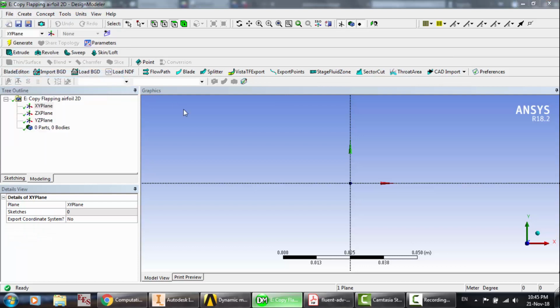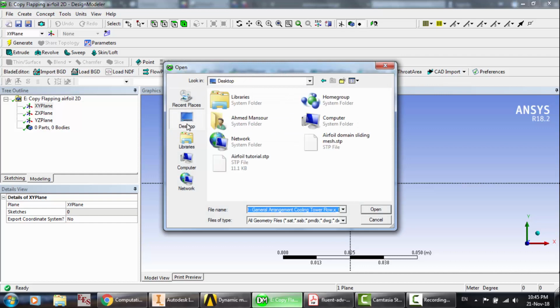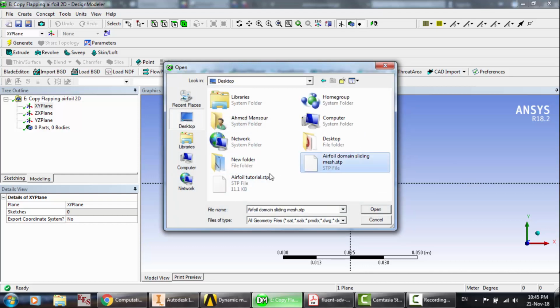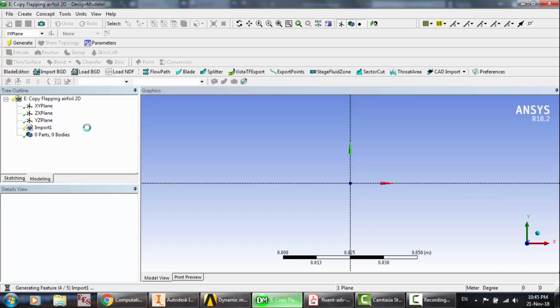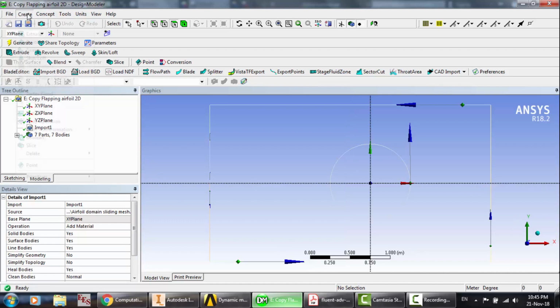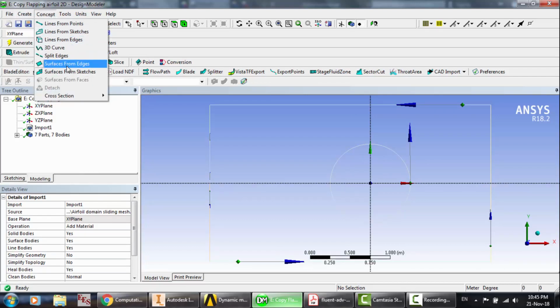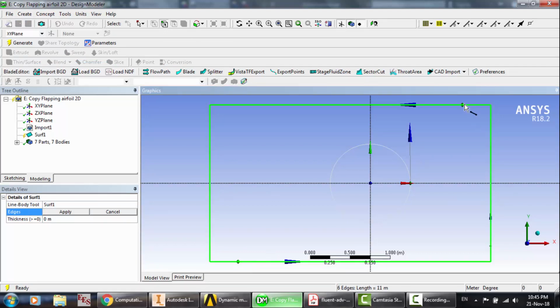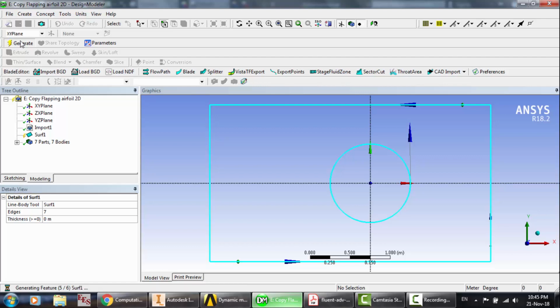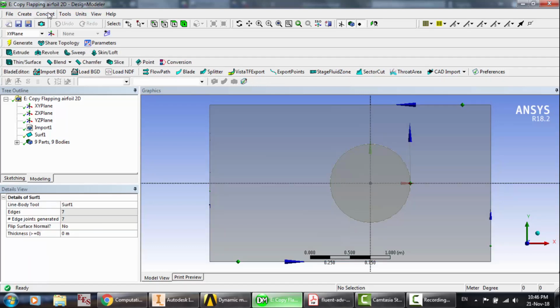Let's import external geometry file. Default domain. Okay. Because that will be a sliding mesh technique, so this is going to be add material and line. Yes. Okay. We're going to create surfaces from edges. Of course, this domain is random. Of course, you can use your own dimensions, generate, and then